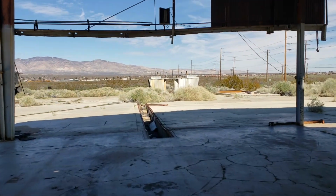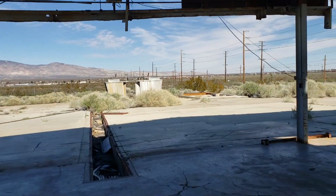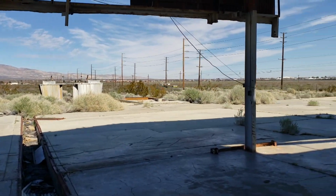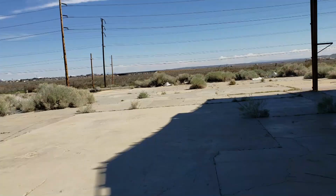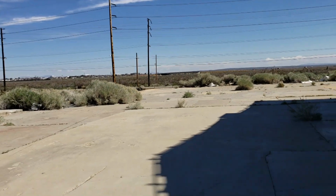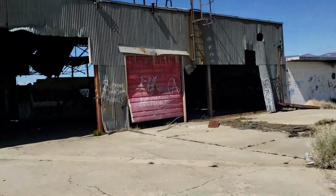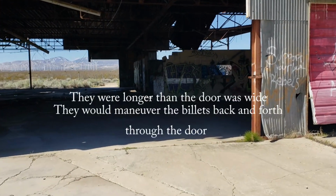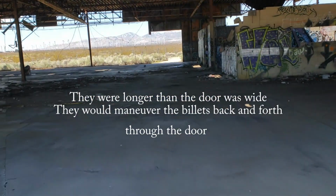once they came out, they would be in like 6 or 8-inch diameter aluminum billets that were about 30 feet long. Take them out here, they'd let them cool a little out here, and they would pick the aluminum billets up with the forklift and drive them. Well, they couldn't have been any longer than this door. So this is the door they brought them in. They would bring them in here,